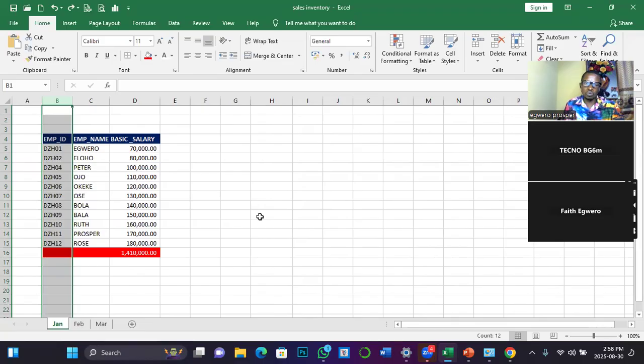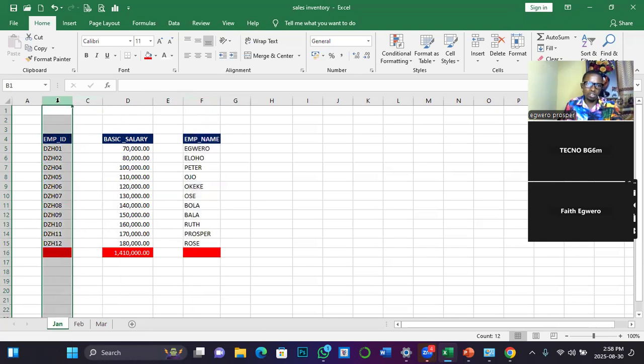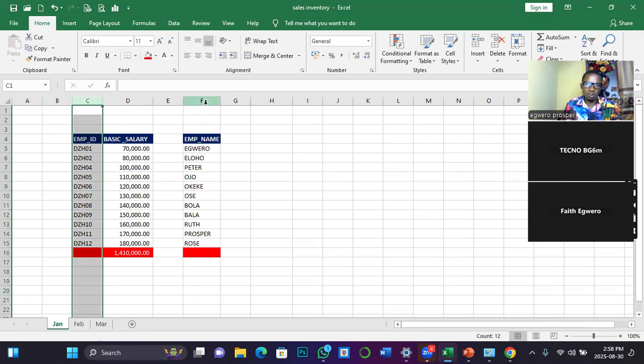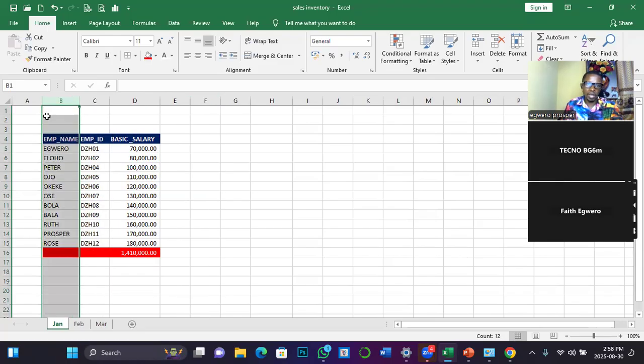Another magical thing you can do is, let's say I want to swap the location where I have employee name, I want employee ID to be there. Very simple. Just click on the letter representing the whole of that column, because you want to move everything inside. Then place your mouse pointer on this. Once you can see the four arrows, drag it out temporarily, then click on this one, bring this one here, then go back here, then take this one here. Sharply, I have switched the ID, sorry, the content, without tampering with the content. So there are a whole lot of magical things you can do with Excel.